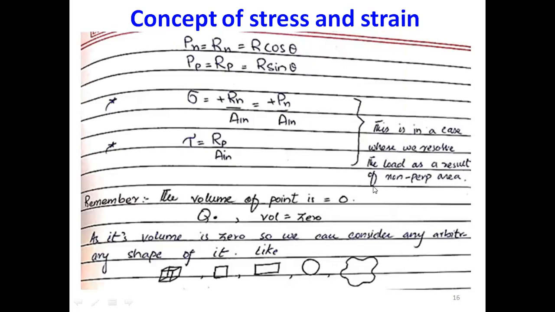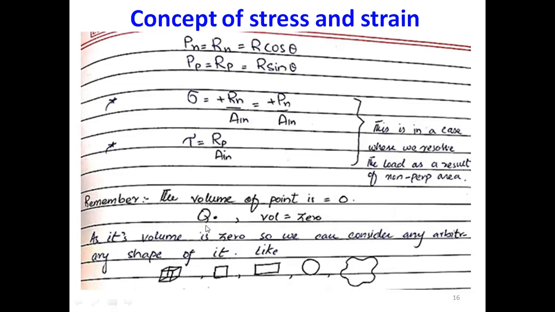So the conclusion is that stress is such a concept that it depends upon the cutting plane. It depends upon the orientation of the coordinate frame. If you change the orientation of the coordinate frame, then the stress values would change. In each coordinate frame, we would have different stress values. All would be correct. The only thing is in which coordinate frame you are working, or which coordinate frame you are choosing, or in which coordinate frame you are forced to work. According to that, you have to solve or compute the stress values.